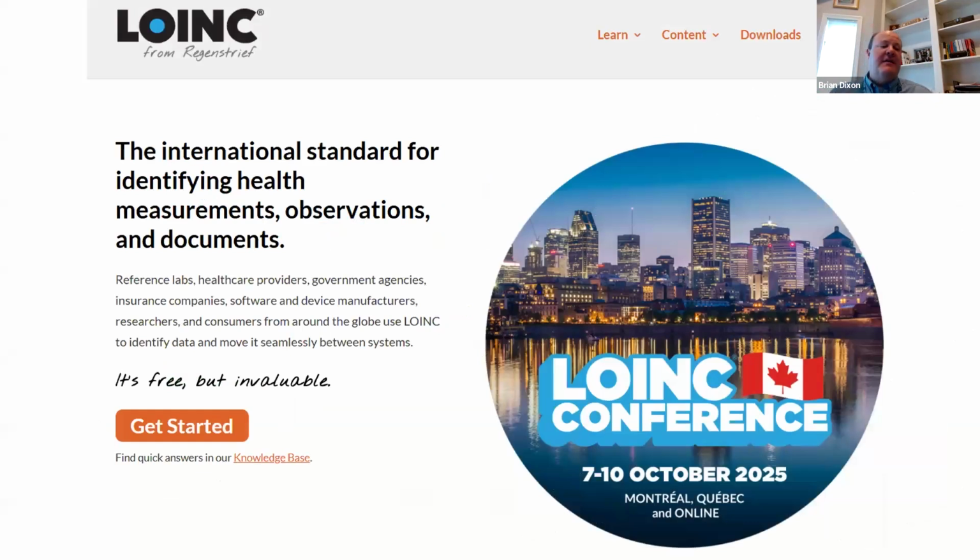I also mentioned that Regenstrief is the home of the LOINC data standard. This is another global good that we are passionate about, and so it's our goal to continue to make that available and work with countries who are implementing data standards and interoperability to support their efforts at building and achieving the goals of their digital health strategies. So again, that's another critical component of what Regenstrief does in the broader global community. And I'll put a plug in for the LOINC conference, which is later this year in Montreal, Canada.